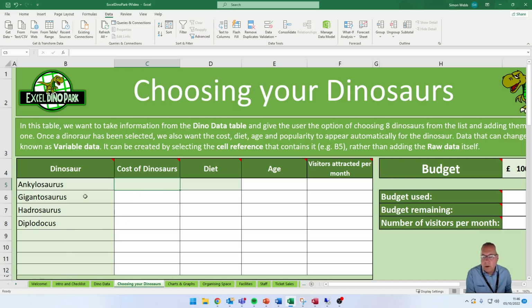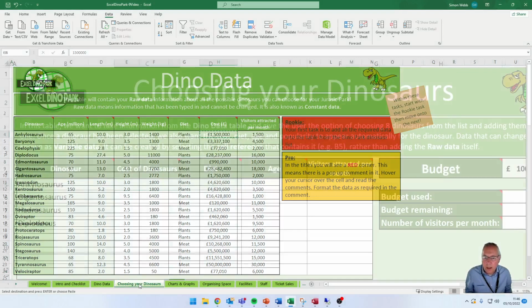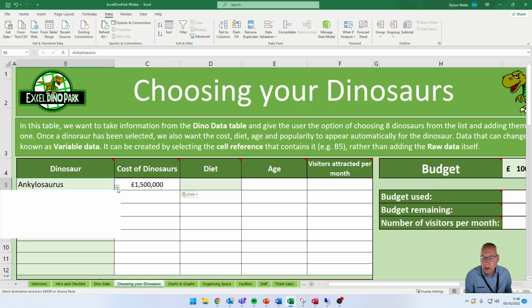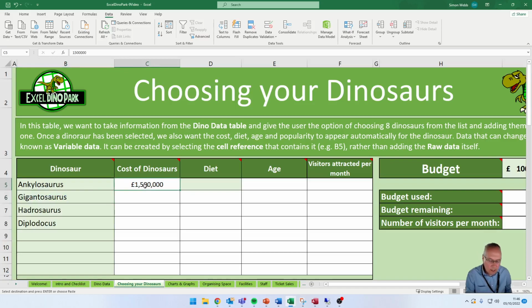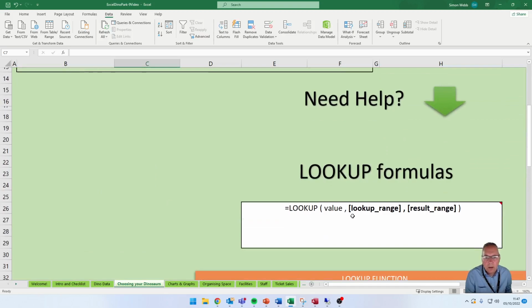And what we're going to do, what you would probably think you would do, is to copy and paste the values of this dinosaur for the cost from there. So there's the cost over here, and copy and paste it like this, into there. That's fine, but if we change this value, that value doesn't change. So that's not really an appropriate way to get those values in, so I'm going to get rid of that value. Underneath, you can see that there's a help thing,